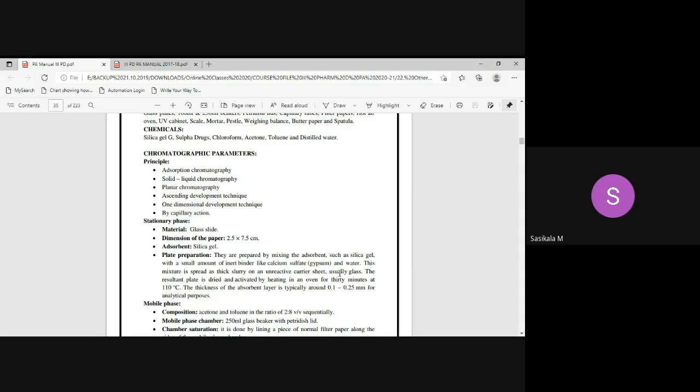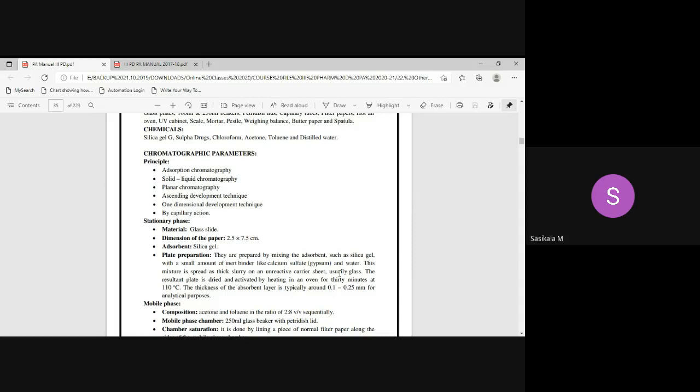You take the plate in another hand and pour the slurry from the mortar at the center of the plate. After adding enough slurry to the plate, keep the mortar aside. Just tilt the slide up and down to spread the slurry uniformly. Once it is spread to all the corners uniformly, keep it aside for some time so it will get dried